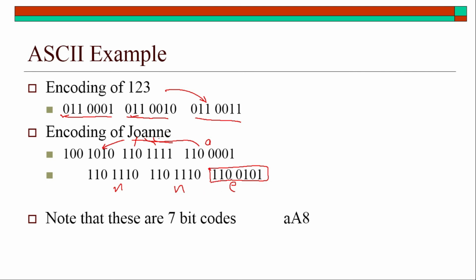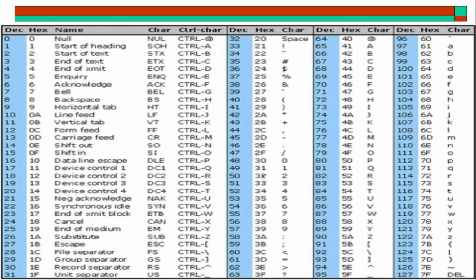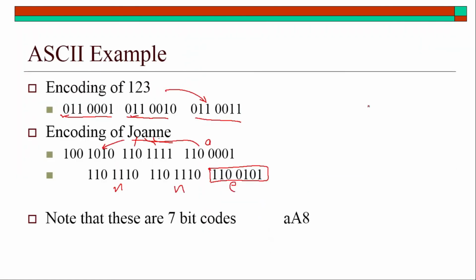How? See, 1 1 0 0 1 0 1 is E. You can see in the table. See here, E. 65 hex, 65 is E. So here you can see 65. This is 6 and this is 5. 1 1 0 is 6. This is 5. 65 is E. So for every character, even if I want to write Vikas, then ASCII of Vikas would be stored.